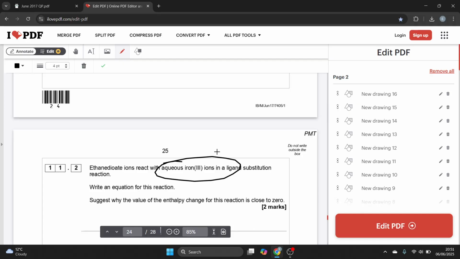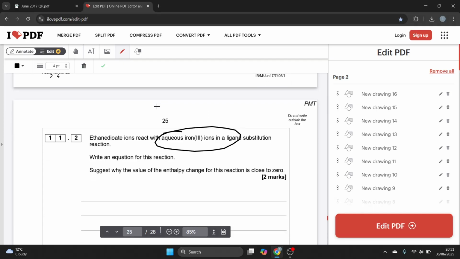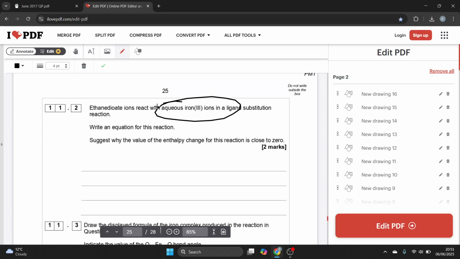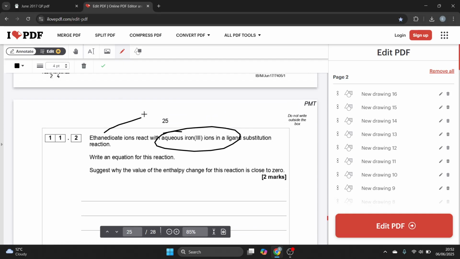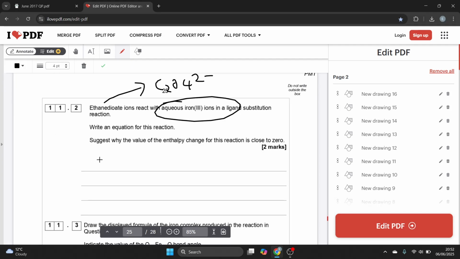So I've got ethanedioate. What is ethanedioate? C2O4 2-. So I've got iron 3+ plus C2O4 2-